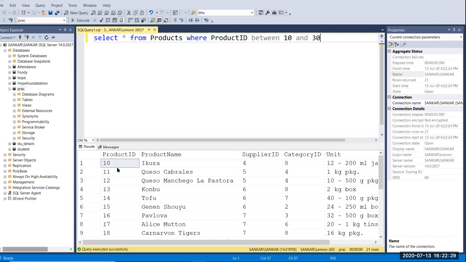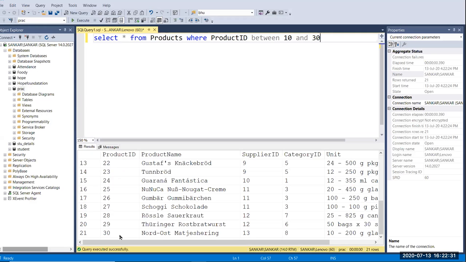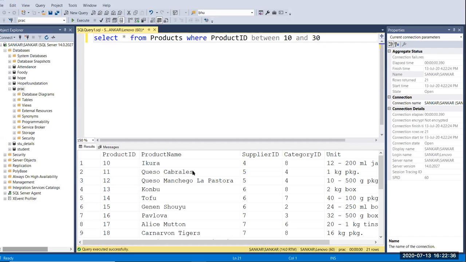The values start from 20 and end with 30. So BETWEEN is used to select records between the limits we gave here, and the values are inclusive of the starting and ending value also, right?